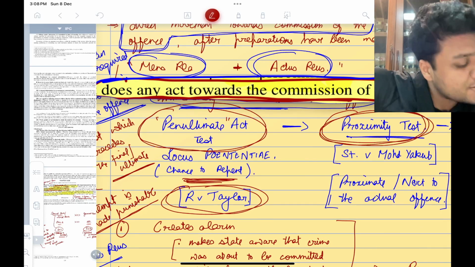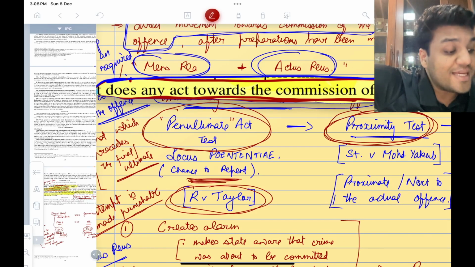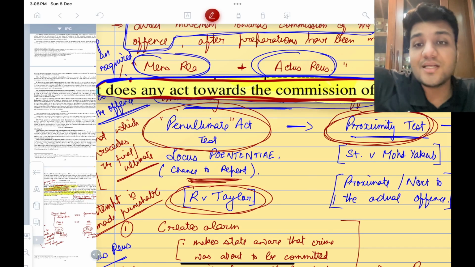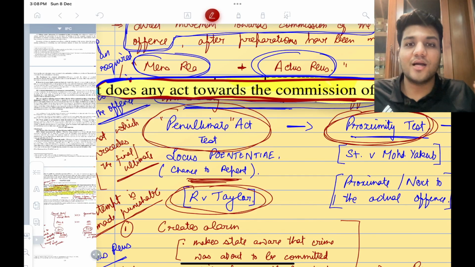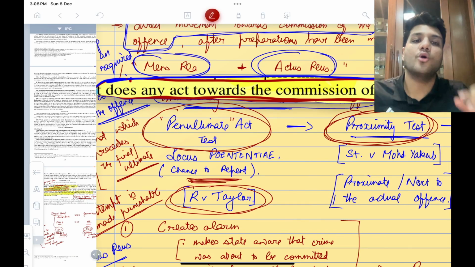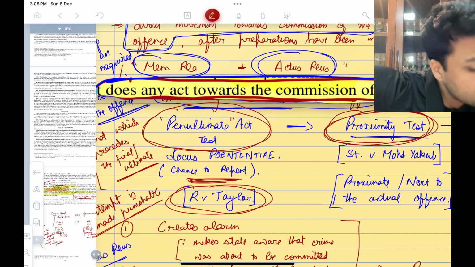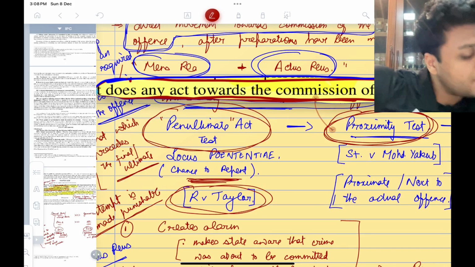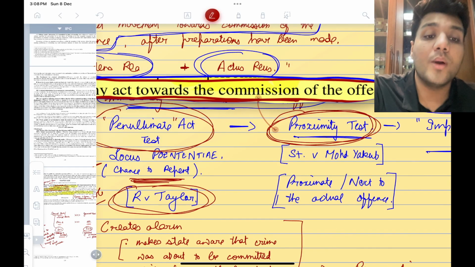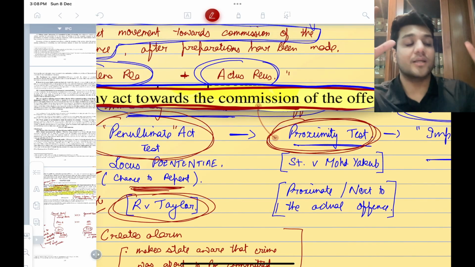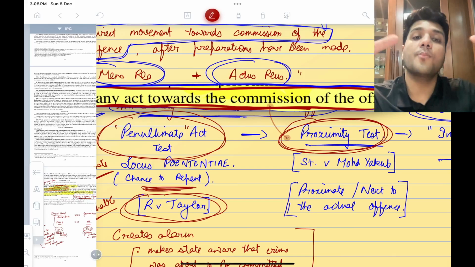Because if you were to notice the language used in the Bare Act, it says does any act towards the commission of the offence. It does not say does the penultimate act towards the commission of the offence, or does an act just one step short of the commission of the offence. It says does any act towards the commission of the offence. What this means is that the proximity test standard is now applied instead of the penultimate act test, where you look at whether that particular act that you're doing is close to, or proximate to,